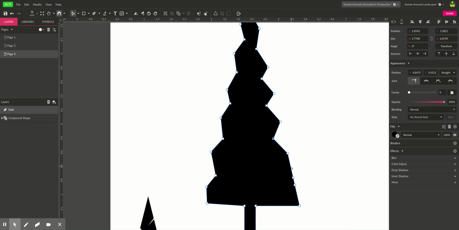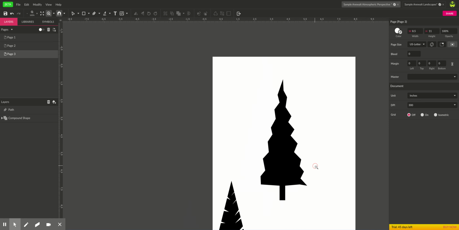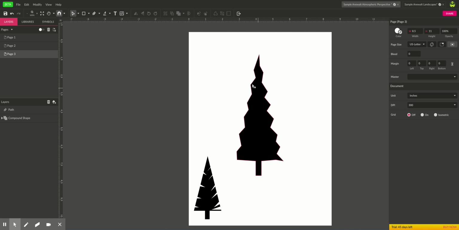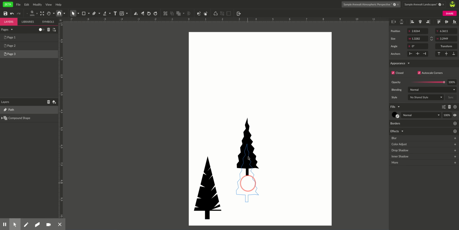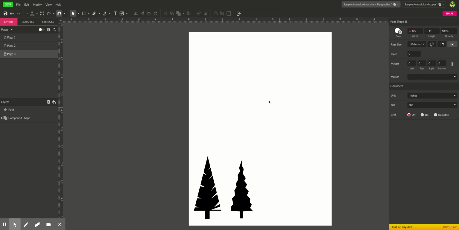So of course there's a lot of different ways to make trees and buildings. I'm just showing you a few. You can be creative. Okay, that's another tree. So I'm going to just grab him and make him smaller and get him out of the way. There we go. And the other thing you can try to do is